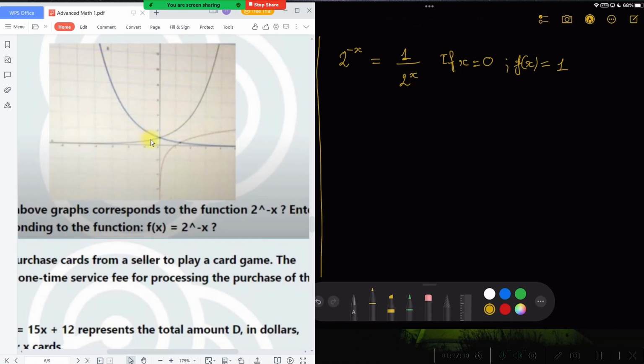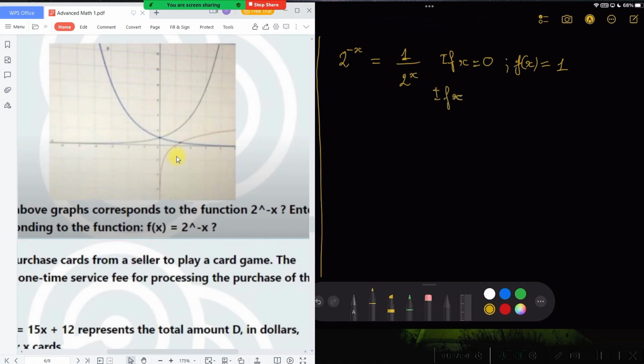But then try another value. So if this one is one, this one is two, isn't it? If the intersection is 1, then the first value down here should be 2, right? You think so? Okay, if this one is,